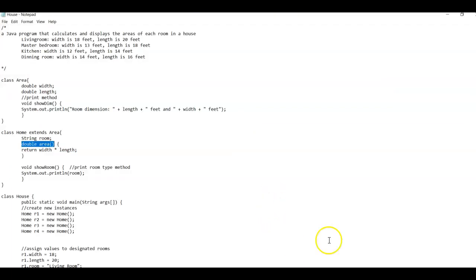So to start our program, we would start with our text editor. At the top, I have the comment about the program. In the first class, which is class area, I have two members, width and length. That's going to hold the value for the width of the room and the length of the room. And right below the members, I have the method showDim, which is going to show the length and the